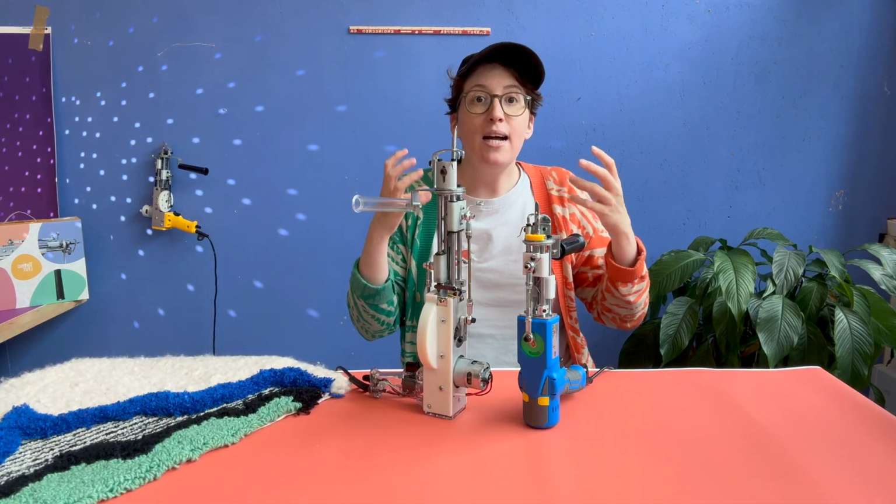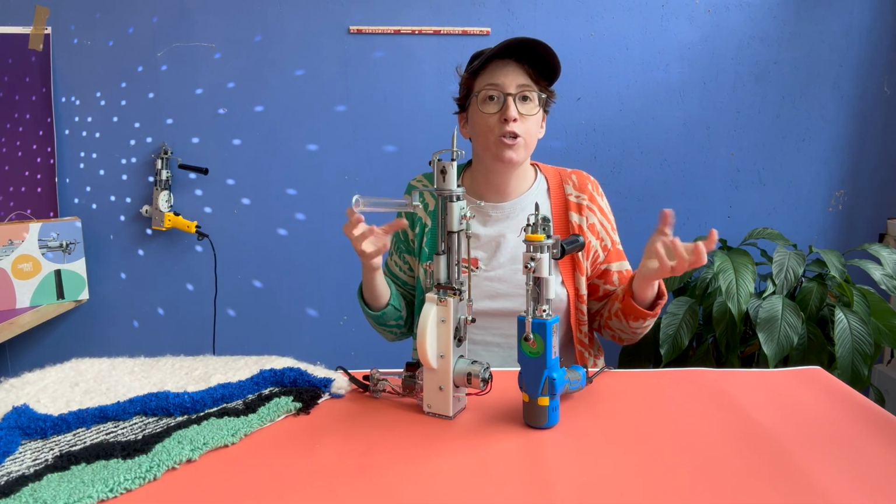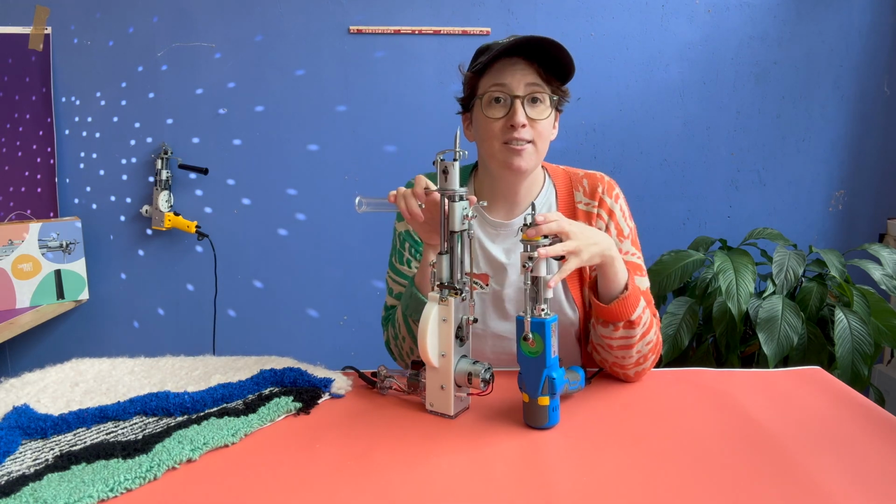So if you're looking to add more depth and texture options to your tufted pieces, these two are a dream